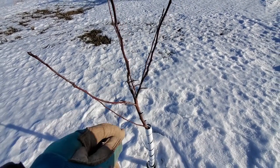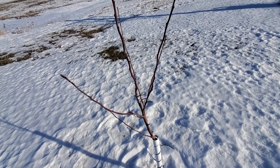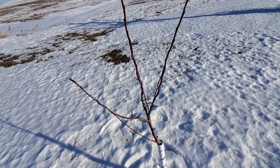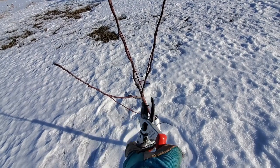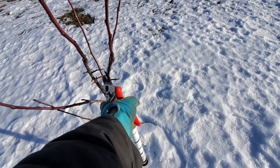Yeah, the other little ones I'm going to leave for right now, because again, the tree is so young, and see how they grow this year. And I can always take them out in future years, so I'm just going to do these. And these are Felco pruners. They were cleaned off with an alcohol solution. And I'm just going to go ahead and